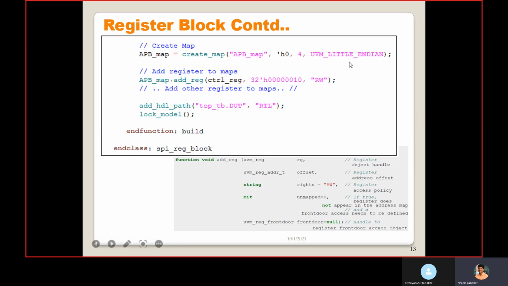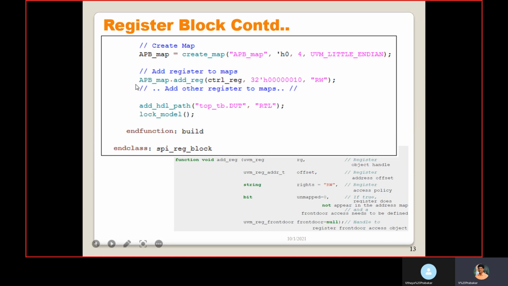Then the endianness it is going to support. So to create the map, you need to pass these arguments: the map name, its base address, then n_bytes, then endianness.